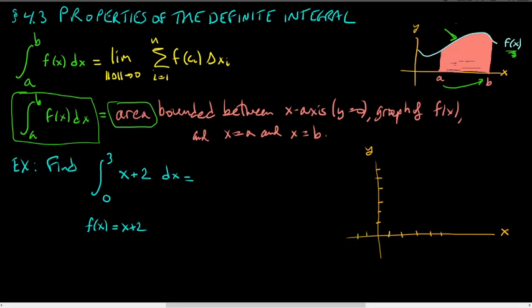Okay, so y equals x plus 2. What's that going to look like? It's just going to be this straight line here with y-intercept 2, right? And it keeps going. So this is just my function f of x. It's a linear function, x plus 2, right? And now we're going from x equals 0 to x equals 3. So here's